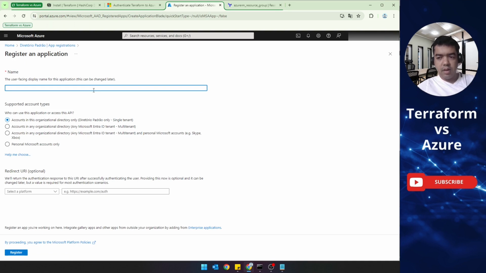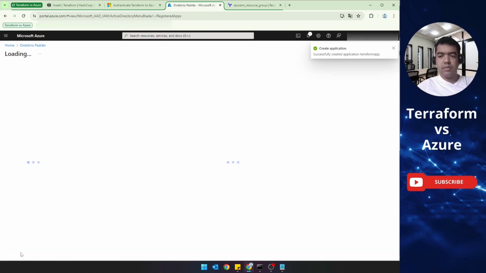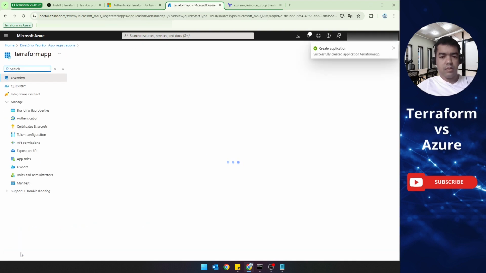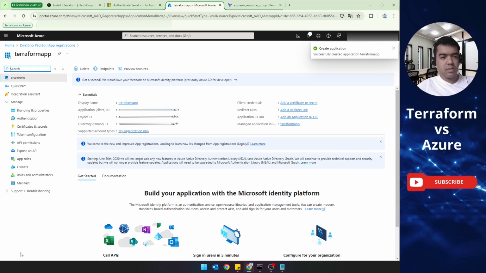Put a name, for example, Terraform app, and click on the register button. Now we can get the client ID and the tenant ID.